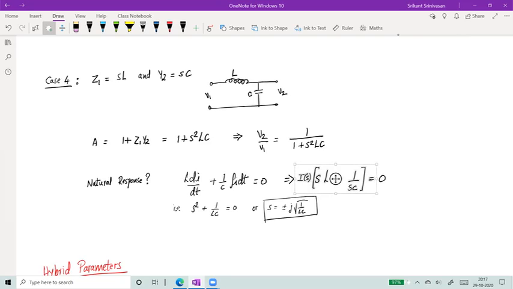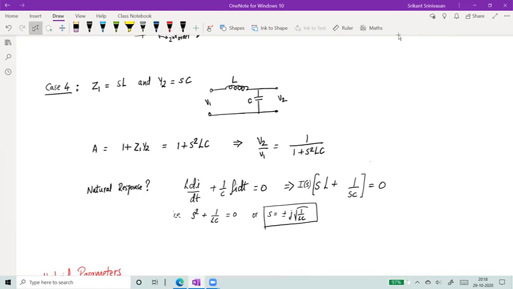So this is the equation, and as this is equal to 0 because there is nothing on the RHS, it's a homogeneous equation. We are left with the only possibility that s squared plus 1 over LC is 0, or s is given by this formula, right? So what is the solution of such an equation? We have done it several times. So I can directly tell you the answer is sinusoidal.